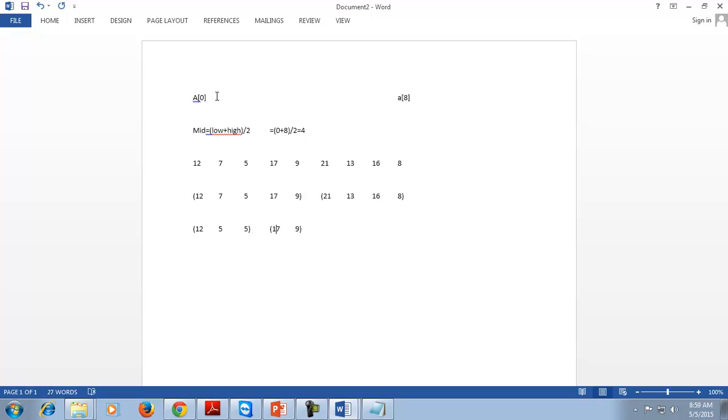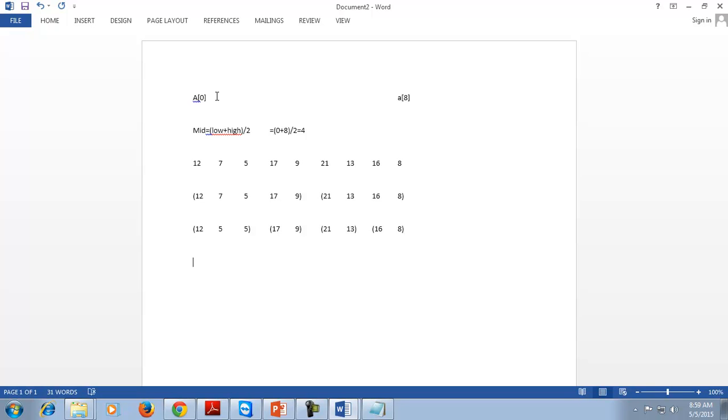That is A of 0, 1, 2 come in the first list, and A of 3 and 4 will come in the next list. Similarly, 21 and 13 and 16 and 8.